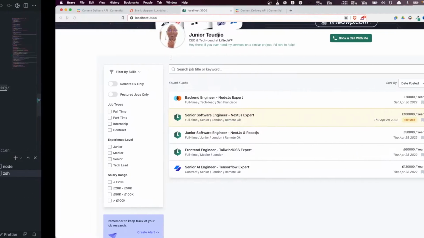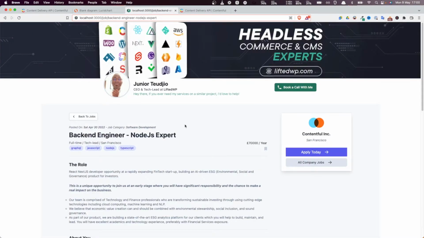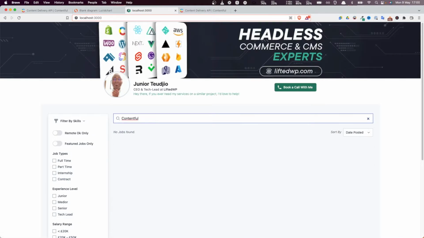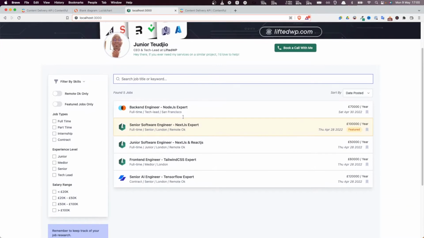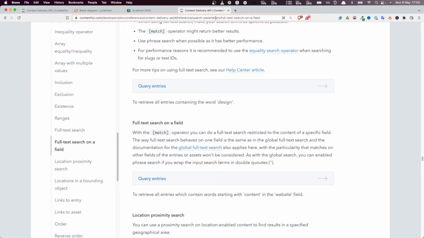Okay, but you'll notice that we can't search by, for example, company. If I click here, this is a job posted by which company? Well, Contentful. Wouldn't it be cool to search by company? Obviously at the moment it's not returning anything. It would be nice, I hope you agree, to be able to search also by company name. But the problem is, if we look at our Contentful,